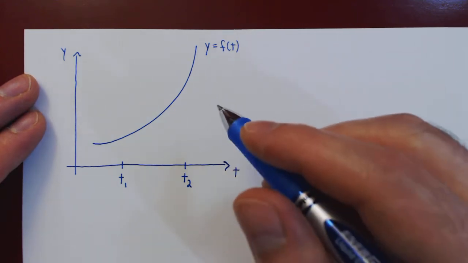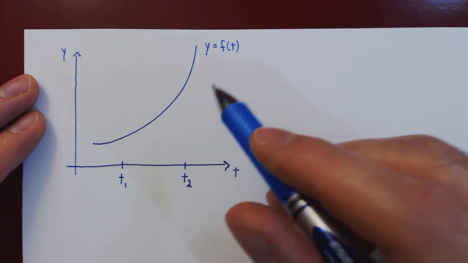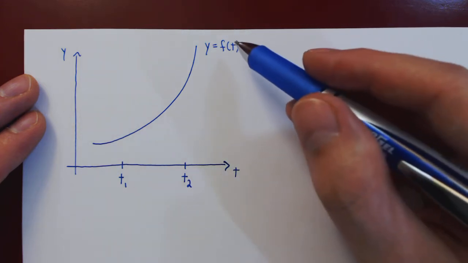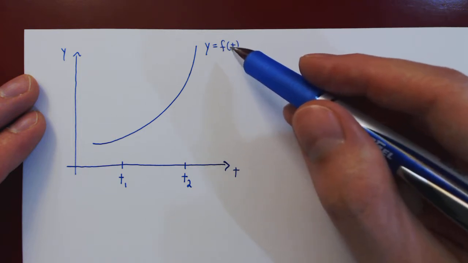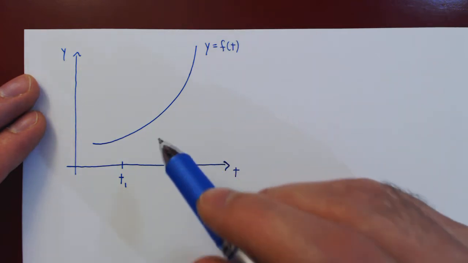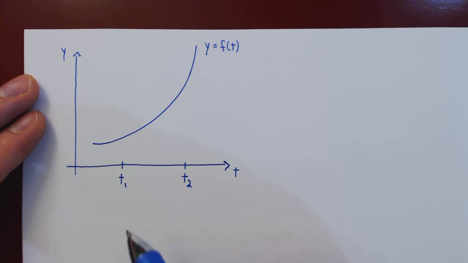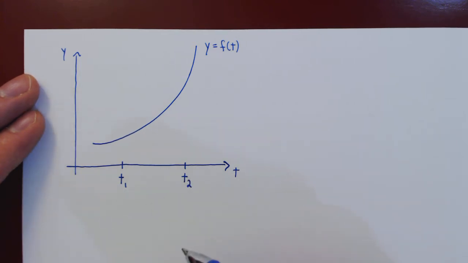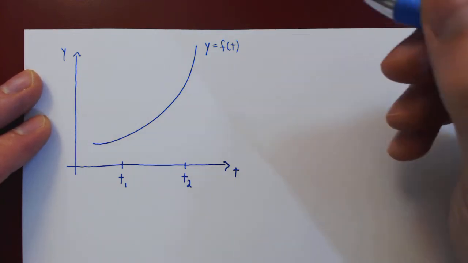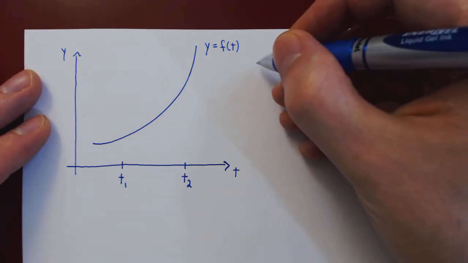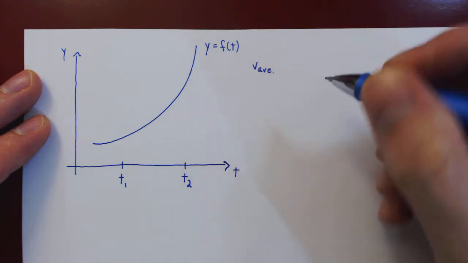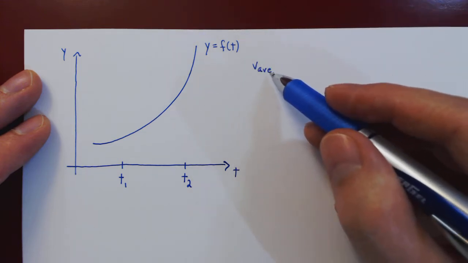So assume that we are considering an object moving in a straight line where the position of the object as a function of time is given by the function f of t. And we are interested in the average velocity of the object on the time interval from time t1 to time t2. So we will denote the average velocity by v subscript a v e,